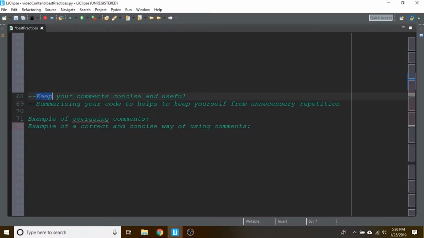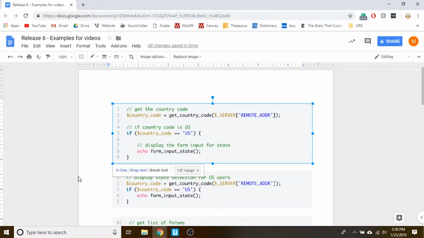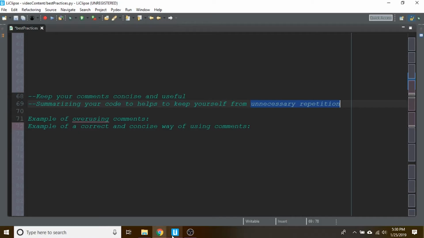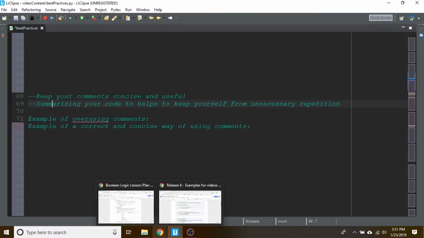Other tips we want to do is keep your comments concise and useful. So summarizing your code to help yourself remember and avoid unnecessary repetition. So we'll go over here to some examples of this. A note about this, in your commenting code project that you just did, we wanted you to be very detailed in your programming because we wanted to know that you understood the programs and to know that you could read the lines and literally type out what they do. When you're commenting your projects for future endeavors